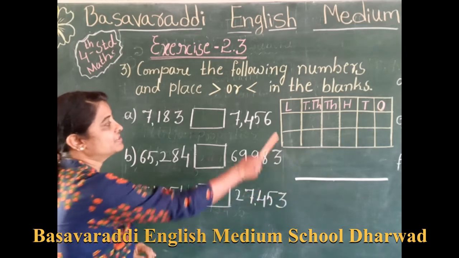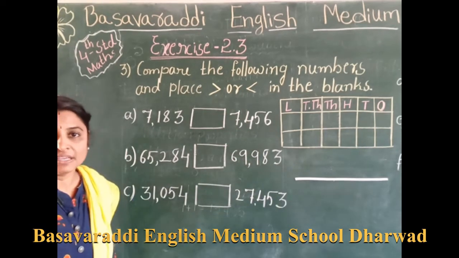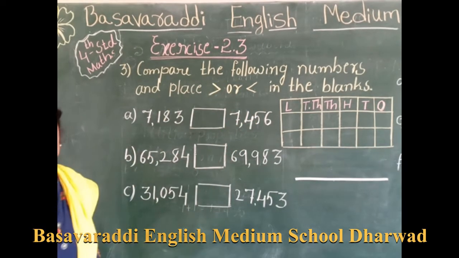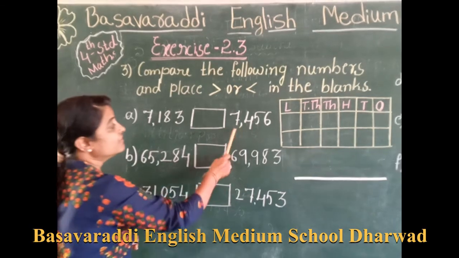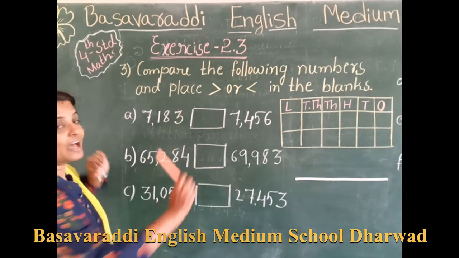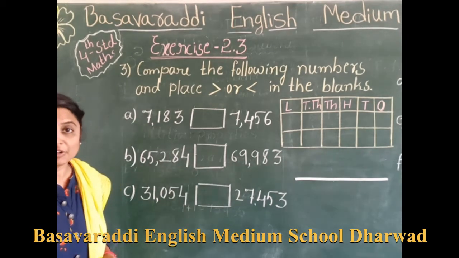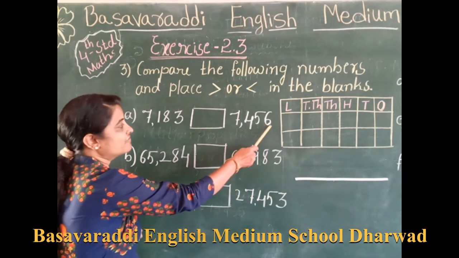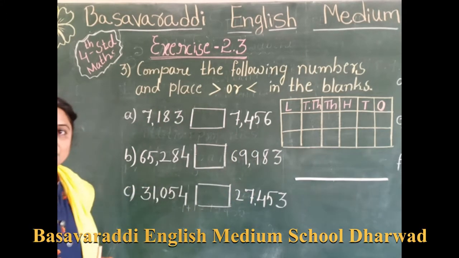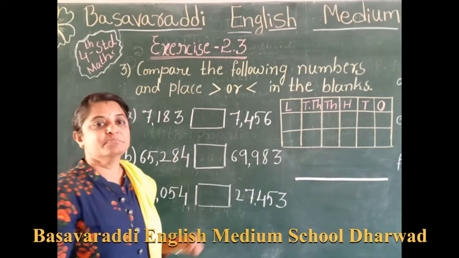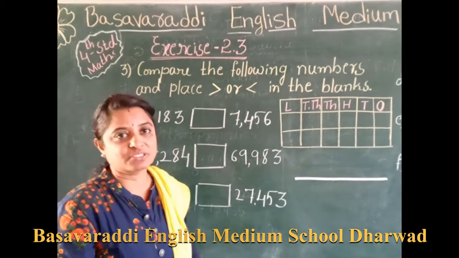How do we start comparing numbers? We used to start always from the ones, tens, hundreds, thousands, like this, while writing the place value, we will read that. Then we will read the number. While comparing the numbers, you start comparing from the higher digit place value. Understood? We used to start ones, tens, hundreds, thousands. Now you start comparing from which place? Which place is the biggest there? From that you have to start the comparing.